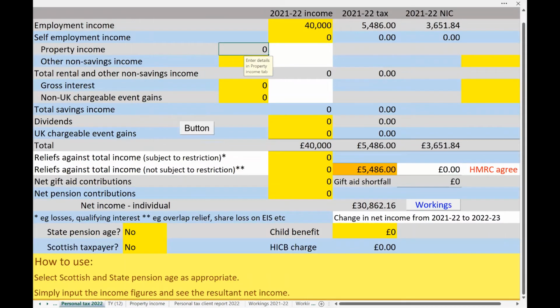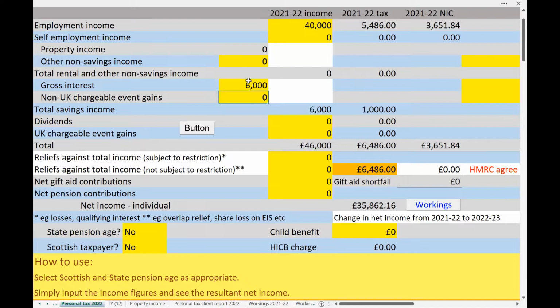Going back to the personal tax page, let's suppose we've also got interest here of say £6,000. Now that's quite an interesting figure because some of that would be covered by the personal savings allowance, and I can see that the tax on that seems to be 5,000 at 20%, which is £1,000. If instead of 40,000 of